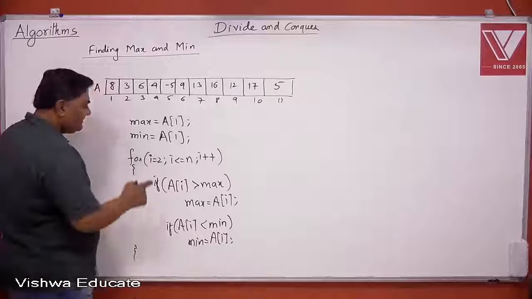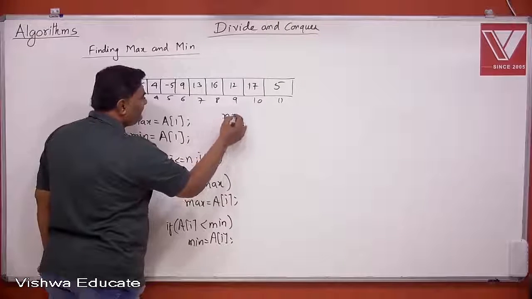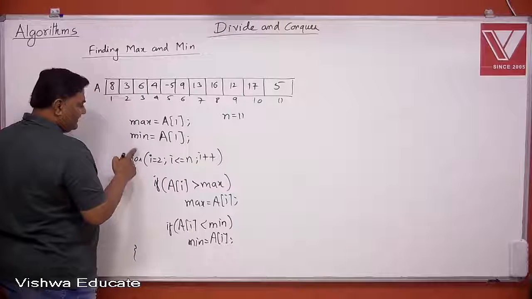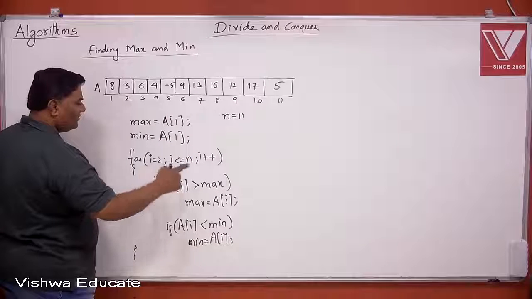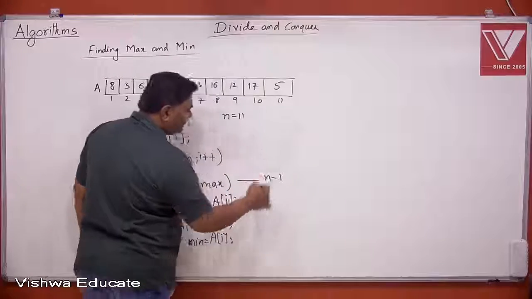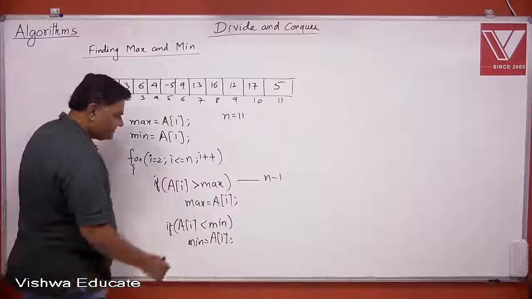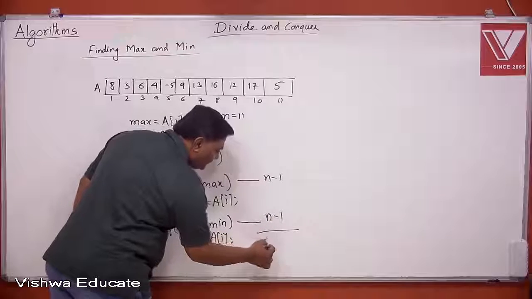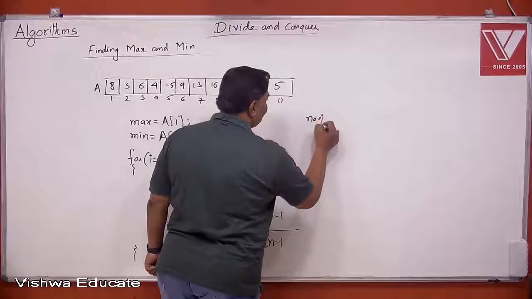So let us take this. There are n elements, right? Where n is 11 here, n elements are there. And from these n elements, except the first one, from the second element onwards, it's comparing all the elements. So total how many comparisons are done? n minus 1 comparisons. Then what about this comparison? This also will be n minus 1 comparisons. So total 2n minus 2 number of comparisons are performed. So number of comparisons